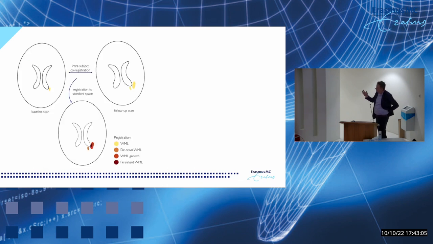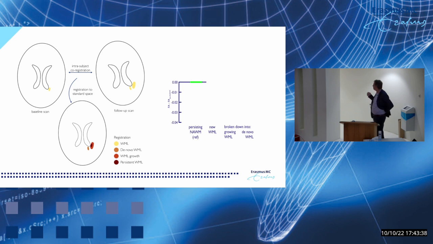What he did is, using image analysis techniques, put brains of people that were scanned 4 years apart on top of each other to define the white matter in 4 regions. Those regions in which the white matter looked normal, those regions which had white matter lesions at the start and at the second image, and those regions where you see new white matter lesions and where white matter lesions have grown. And for those last 2 regions where the white matter lesions have grown, he specifically looked in the baseline scan to see whether the MR signal was different. For example, he found in the diffusion MR images,